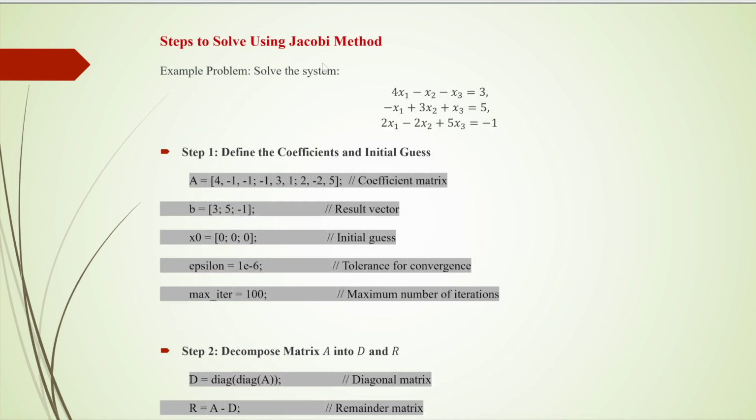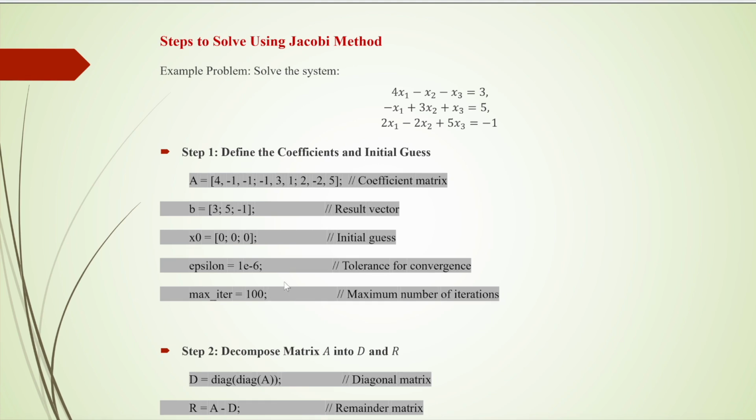And this is the Jacobi's method for matrix equations. We have to define the coefficient matrix, similar to Gauss elimination. First we define the coefficient matrix A, then the right hand side vector. Initially we also define the initial guess, which is 0, 0, 0, and the tolerance is this, and we have set the maximum iterations to